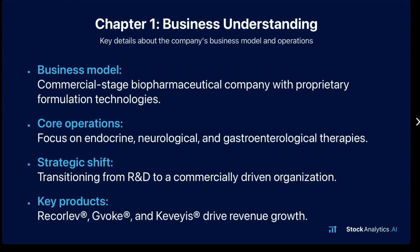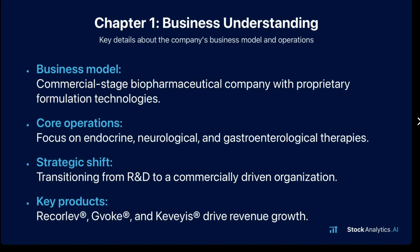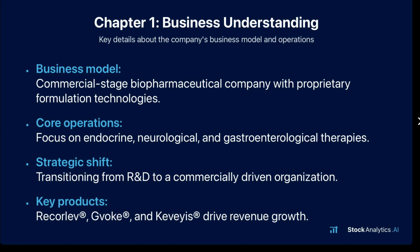Primary periodic paralysis, we know Keveyis faces generics now. Right, and off-label use of other drugs too. And hypothyroidism for XP8121. That's a massive established market dominated by cheap, generic oral therapy. Exactly. XP8121 would really need to carve out its niche based purely on that differentiated formulation and convenience factor, the